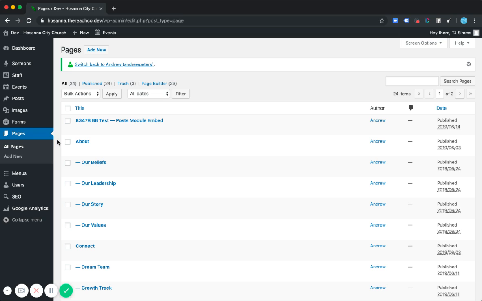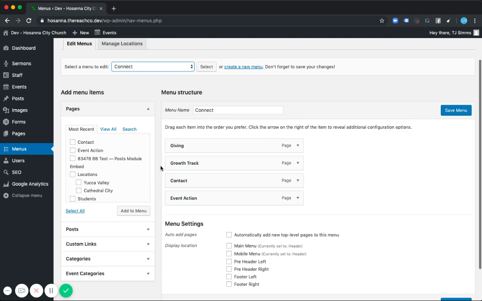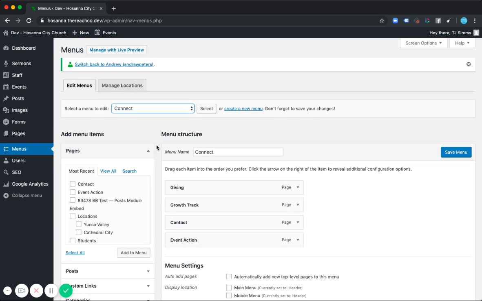And there will be another video on adding a new page, managing these pages, as well as using the page builder on the front end. Menus brings up a list of the menus that we're using on the website. Currently, we just have a few. Shouldn't really be too much need for changing these or messing with them, but there will also be a video